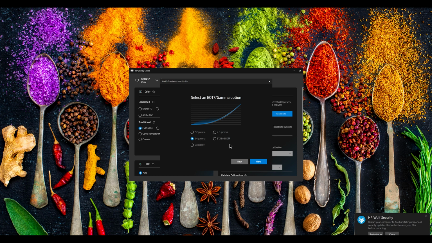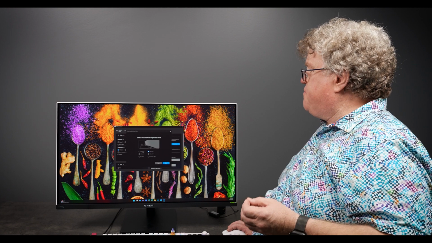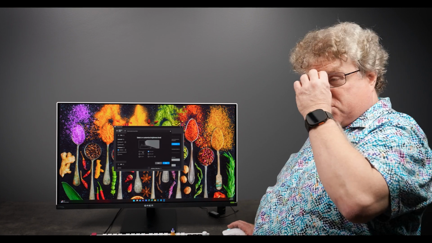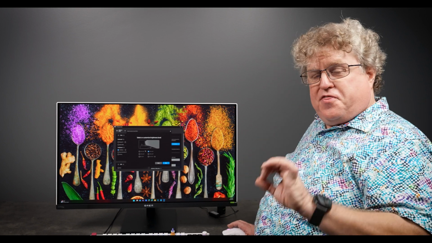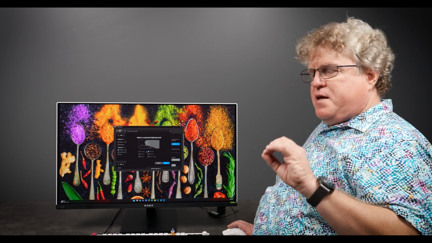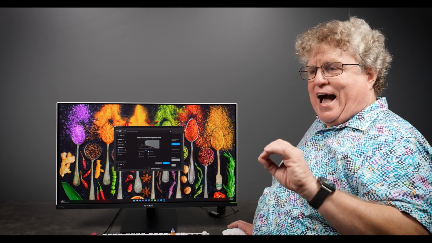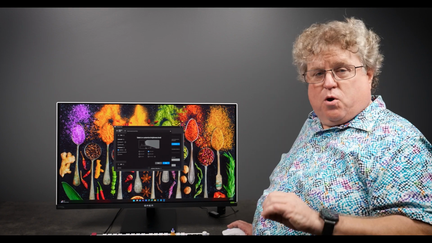So let's say I'm in a very dim room, so I'm going to choose 2.4. I now allow it to set what is my brightness level that I want to have the monitor at. I recommend generally that you don't go with full bright 250 because in most environments, that's just too bright. The rule of thumb for the brightness you set your monitor to is it should be the same luminance as the illuminance of the surround, the area you're working in.